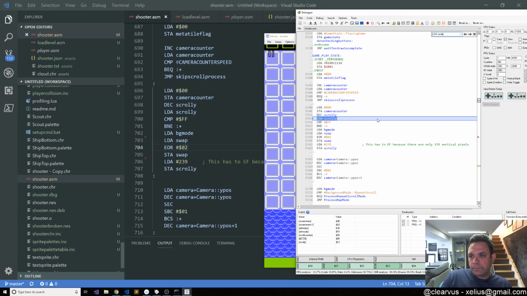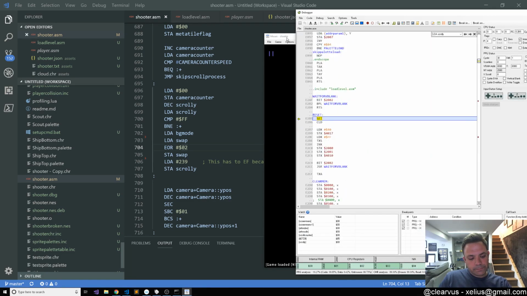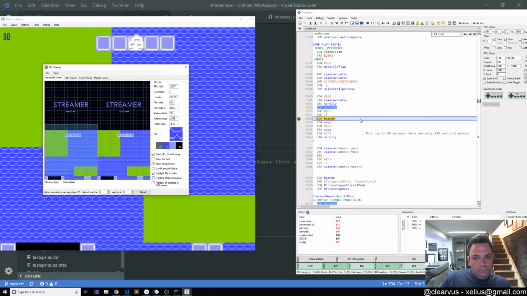So let's put a breakpoint here where if we do get to this, let's see what's happening, and let's restart. So scroll Y already hit that. Really? Oh, I guess so, because the scroll would have been 0, and then, okay. And then what is screen mem? 23C0. So it's 23C0